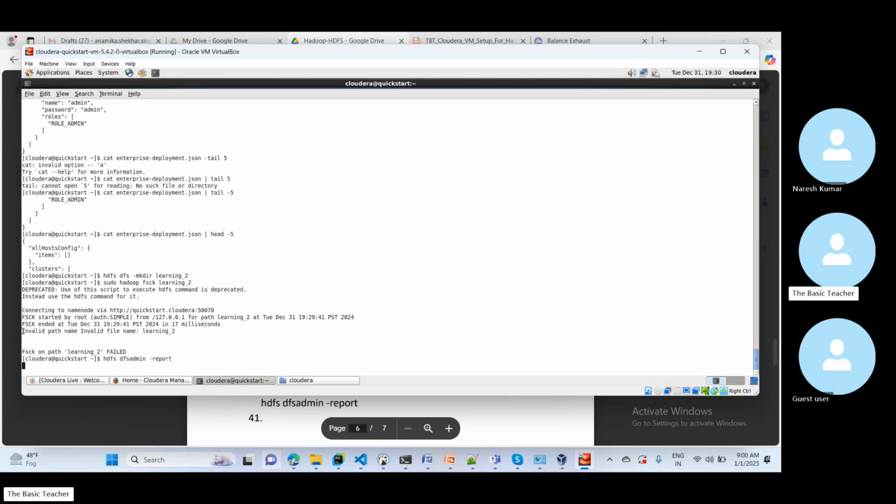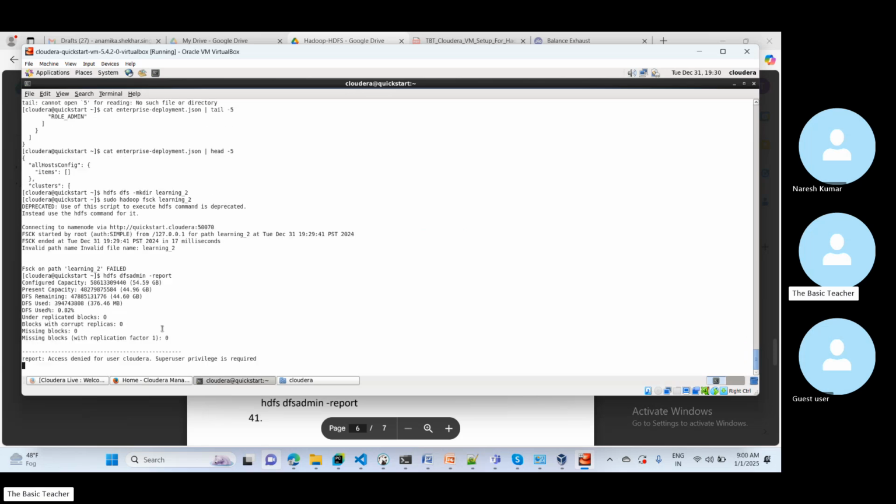Because of not giving the full path, it is saying invalid path name. Okay, you can see it is giving all the details: configured capacity, present capacity, DFS remaining, then DFS used and under replicated blocks, blocks with corrupt replicas, any corrupt replica, then there is 0, no corruption, missing blocks, missing blocks with replication factor 1, by default here it is,